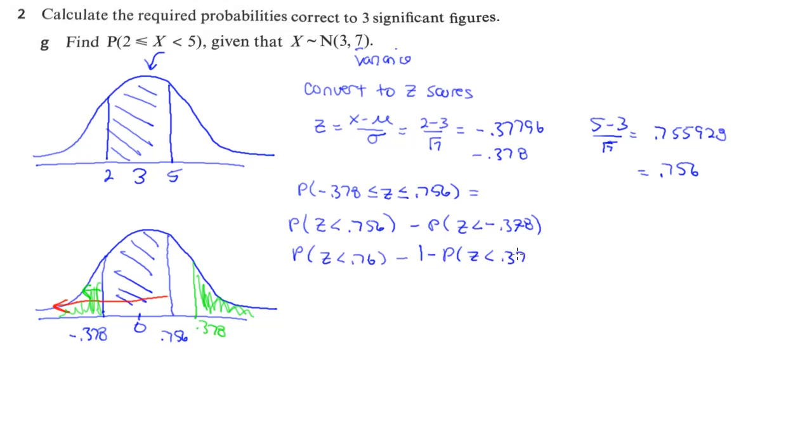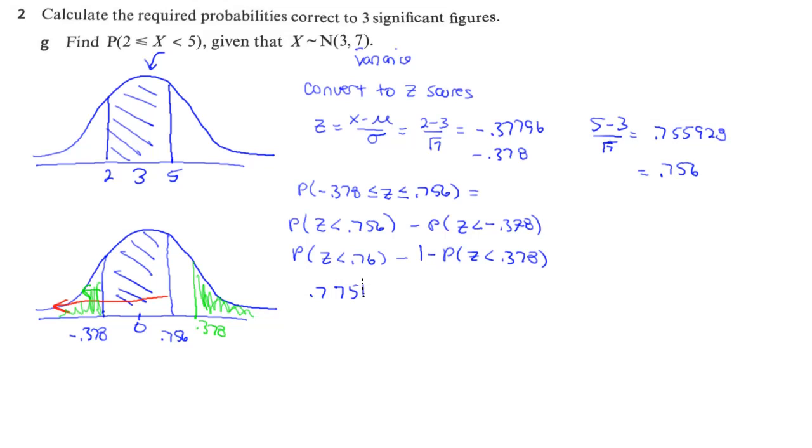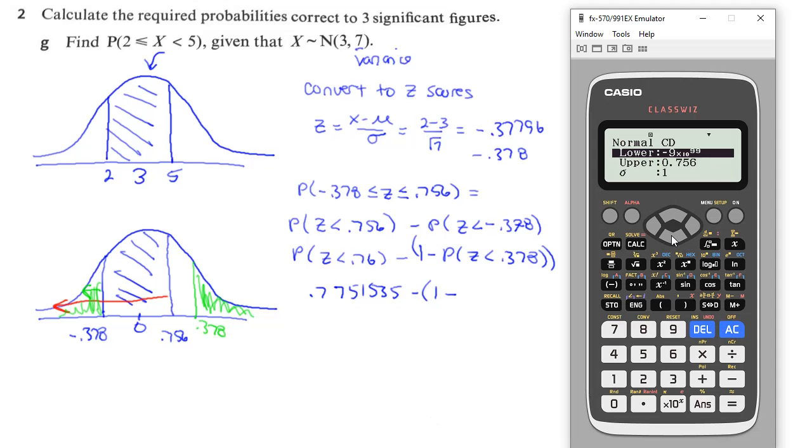So I'm going to do 1 minus the probability of z being less than positive 0.378. So I get my calculator and I go to normal CD. It's already got a negative 9 times 10 to the 99 in there. I put in my 0.756, find out the probability for that is going to be 0.77517 or 535. And then I'm going to do minus 1 minus, and I'm going to find this other probability